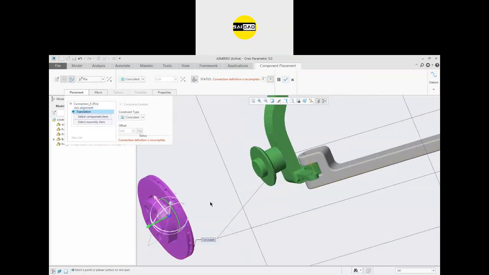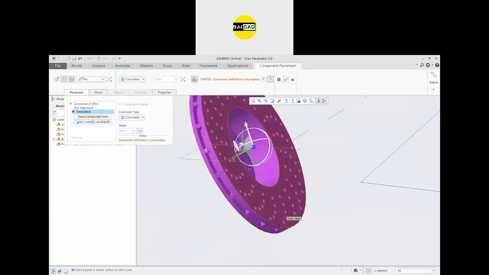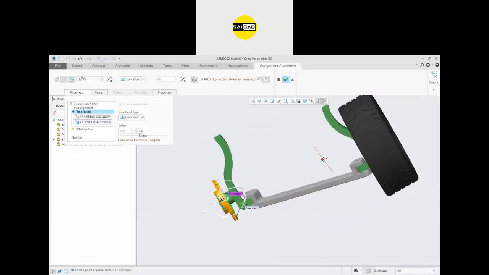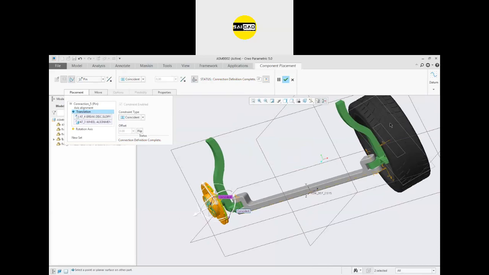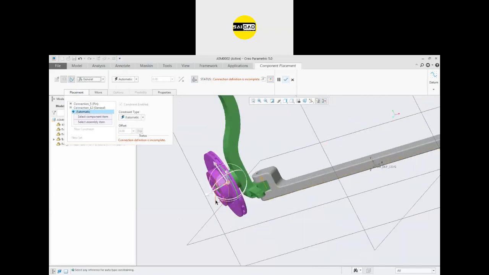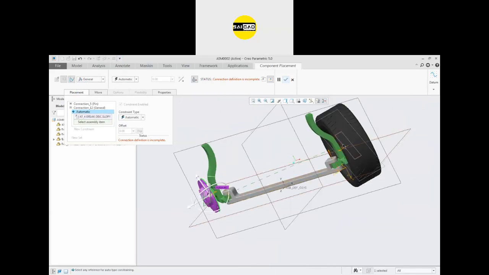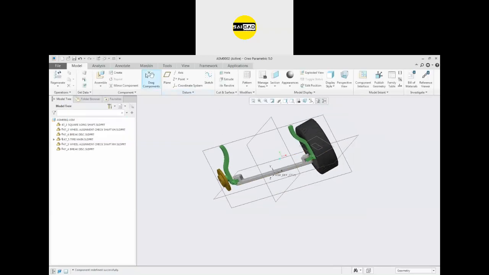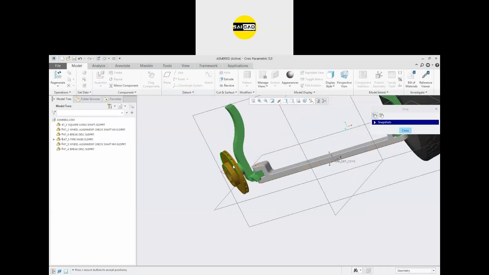I want to rotate this one. So now you want to rotate it according to this one. So just define a new set that it should be general, and in general I'm going to define that this plane should be parallel or coincident to this one. So just click OK. Now go to the drag. You can see both the components lost their rotation. So I'm going to just edit that part.